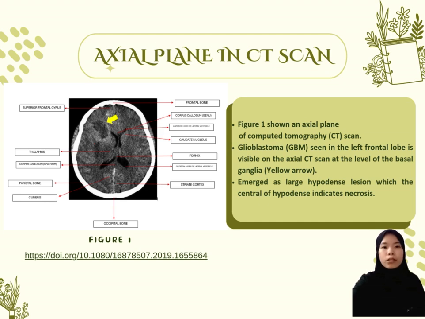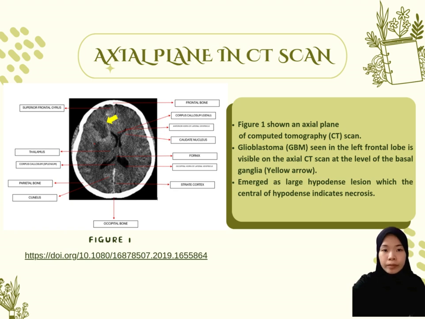Next, I will explain the axial plane of the CT scan. Figure 1 shows an axial plane of the computed tomography CT scan. In this figure 1, glioblastoma is seen in the left frontal lobe, and it is visible on this axial CT scan at the level of the basal ganglia. As I indicated using the yellow arrow, we can see the glioblastoma at the area of the